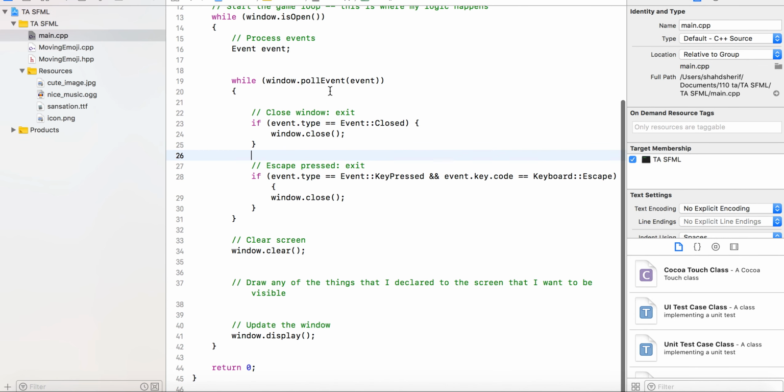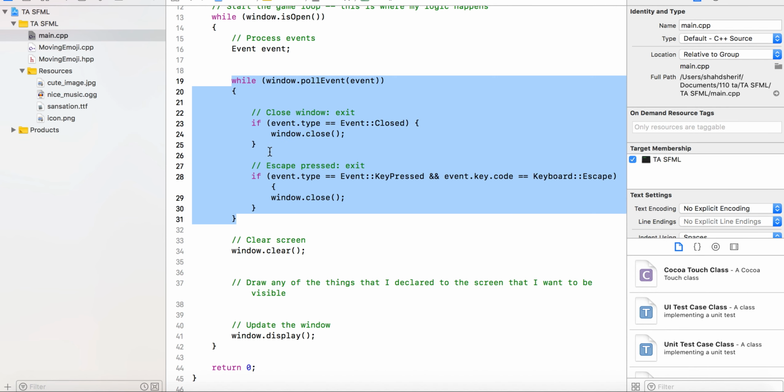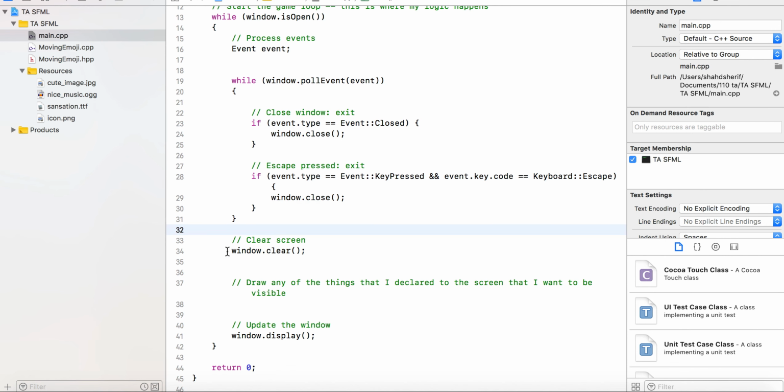Yeah. So after, again, within this main while loop, after I'm done with this while loop where I take care of the events, where I respond to things that the user has done and I try to detect them like a key press, like a mouse click, stuff like that, then I'm going to clear my screen. Just something you have to do. You have to clear the screen so that when something moves,